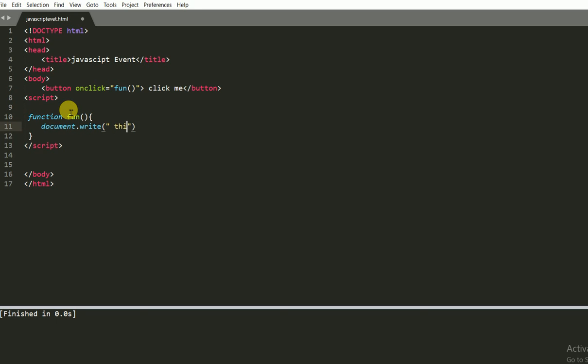So this is the onclick example. I will save this program and run it. When I click this button, we get the result. So this is the onclick example.